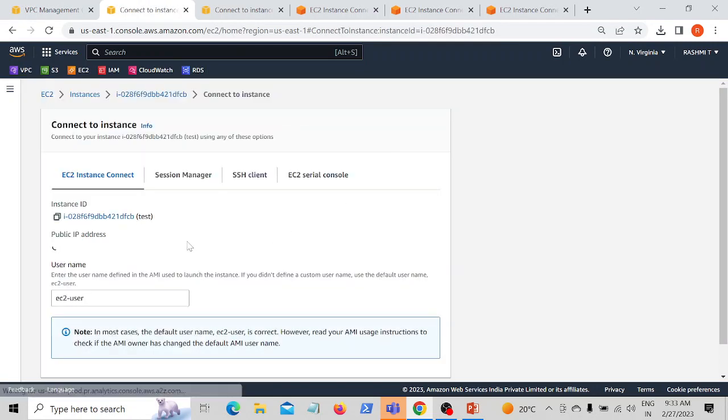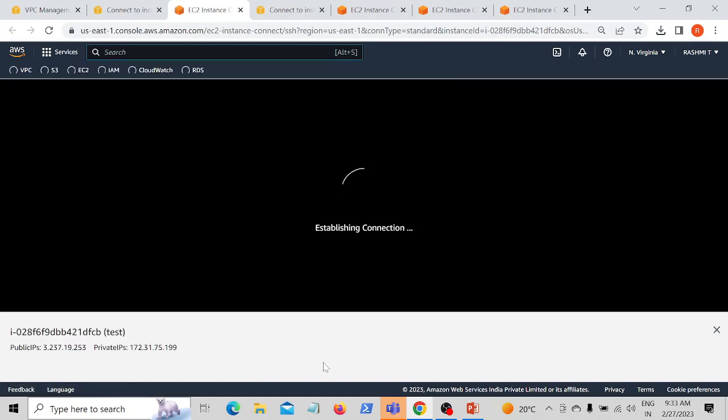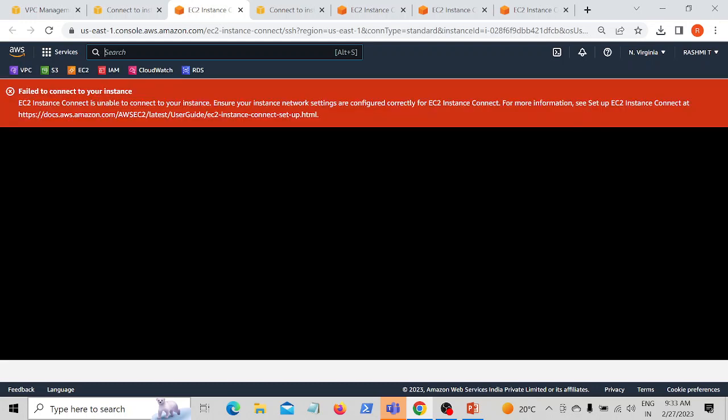Will it connect or not? So now I have denied the traffic. It will not connect because we have denied. So coming to subnet, first subnet is coming, right? We have first